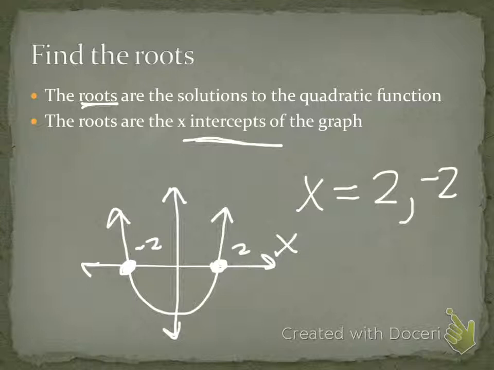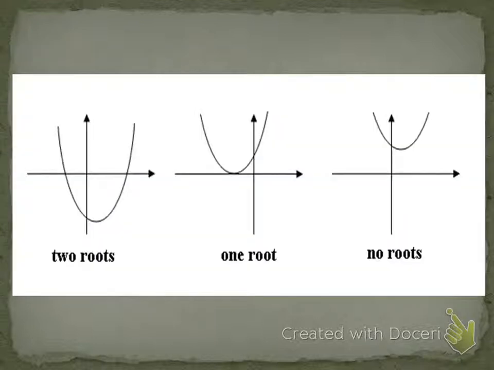So if I were to give you a graph, it's already done, the parabola's on the graph, and I were to say, find the roots, all you would have to do is look at each spot the parabola crosses the x-axis. Now, normally you will always have two solutions to a quadratic function. There are some instances where you can only have one, but that will be when the vertex touches the x-axis, okay? So like we have right here. My vertex touches the x-axis. That is the only place that my parabola touches the x-axis, so I only have one root or one solution,